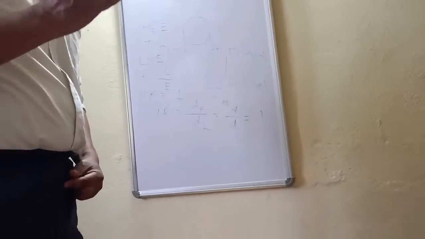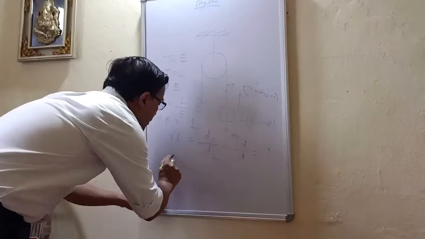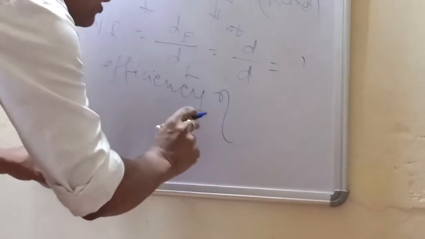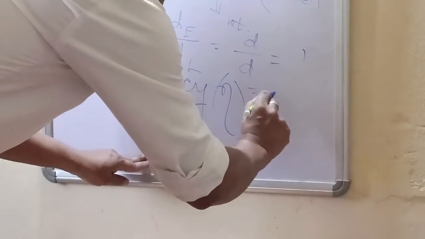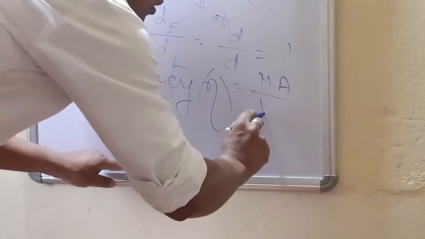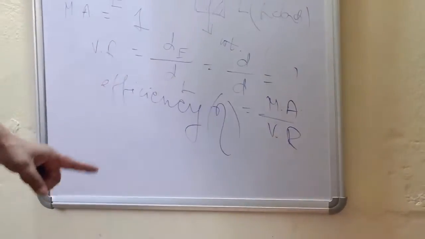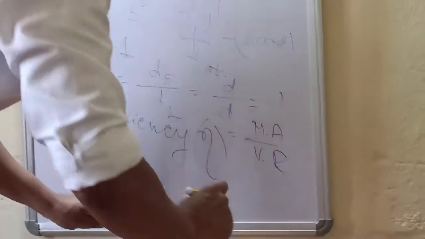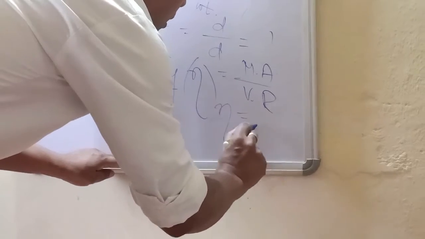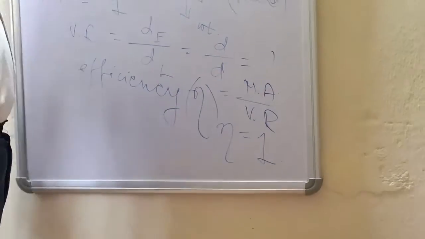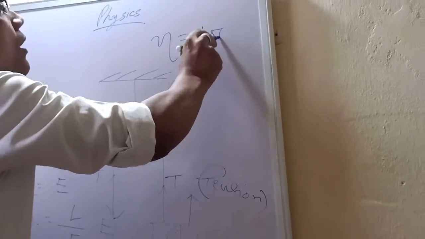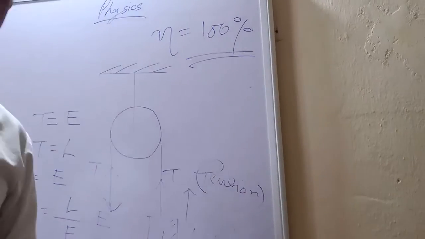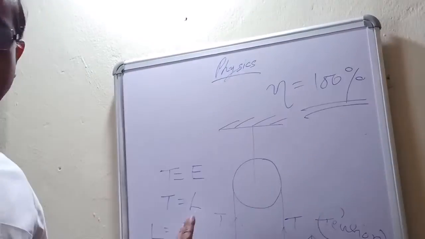Now let's recall the definition of efficiency. Efficiency is given by the symbol eta. You know that efficiency is nothing but MA upon VR. Since MA, that is mechanical advantage, is 1, and velocity ratio is also 1, the efficiency eta is also equal to 1. In other words, the efficiency is 100%. In the real world, you can never find a machine which has 100% efficiency, but here, if you remember,